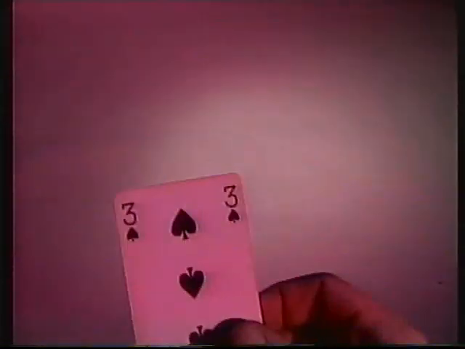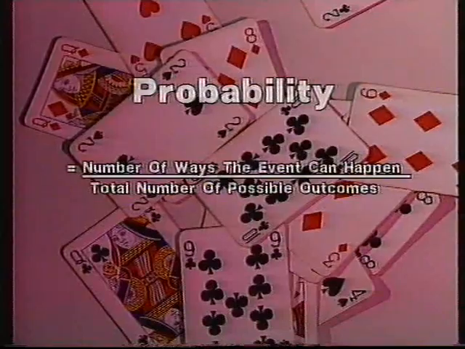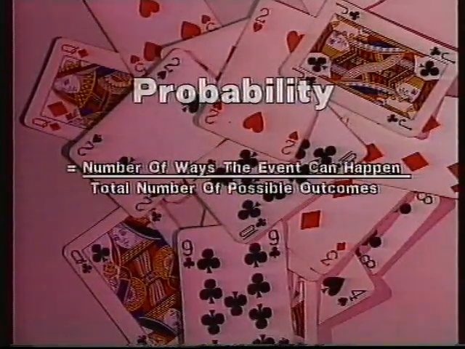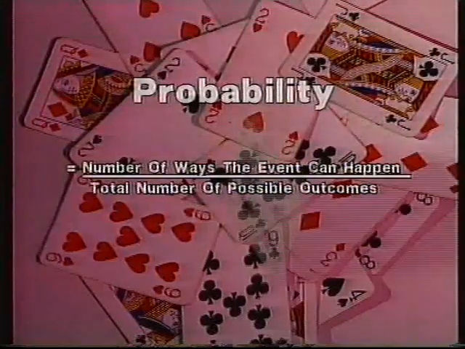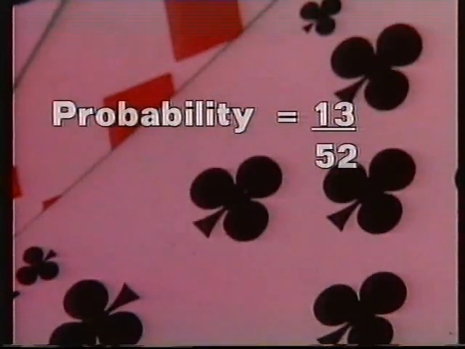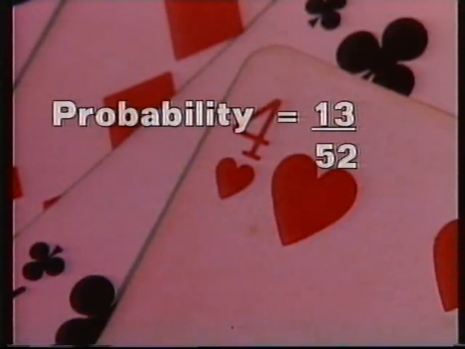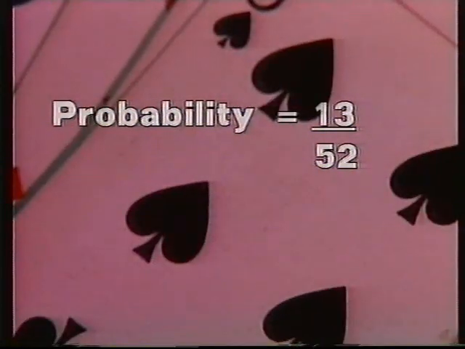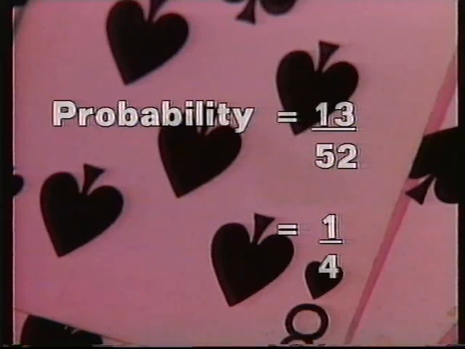For instance, if you have a pack of cards and draw the cards out at random, you can work out the probability of a card being a heart. The probability of an event, like picking a heart, happening is equal to the number of ways that event can happen, 13 hearts in a pack, divided by the total number of possibilities, 52 cards picked from the pack. So the probability of picking a heart from a full pack of cards is 13 divided by 52, which equals